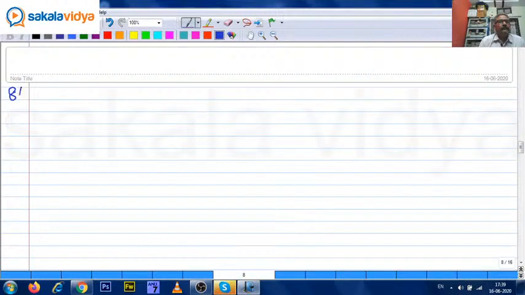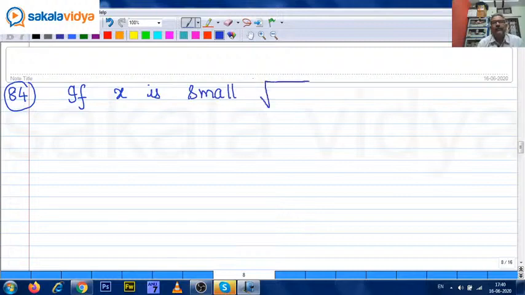Eighty-fourth problem. If x is small, root of x square plus 16 minus root of x square plus 9 equals to,